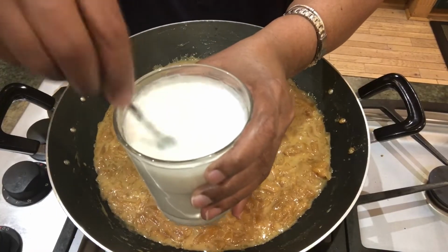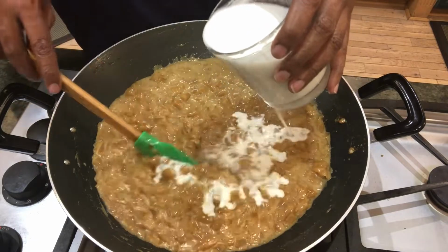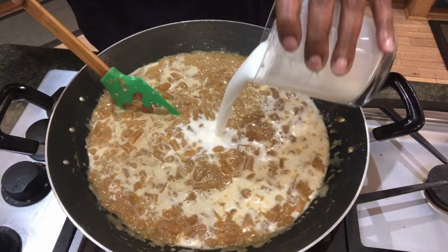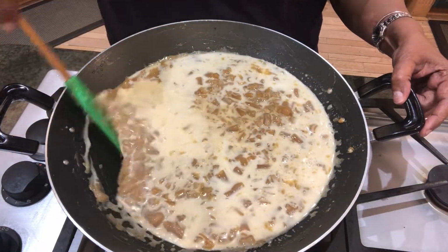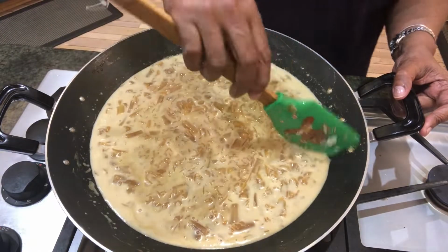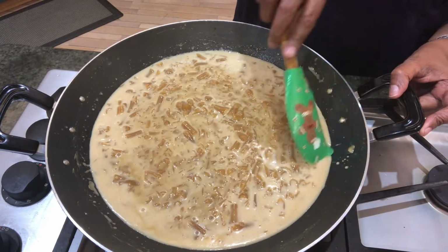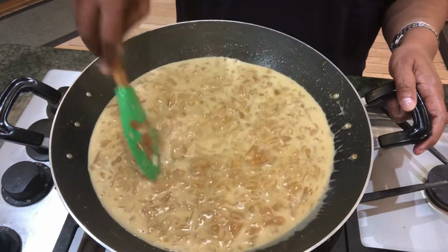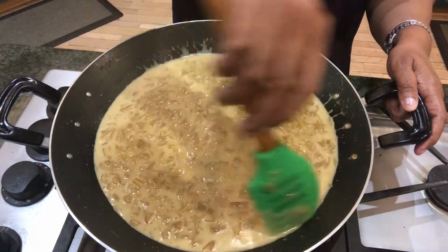Okay, so now I'm going to put the thick coconut milk. Okay, so let's mix it all together. Oh, what a smell of coconut. The moment I put this coconut, it's got such a nice aroma. So we won't actually boil it, we just let it be warm, the one which I just put,